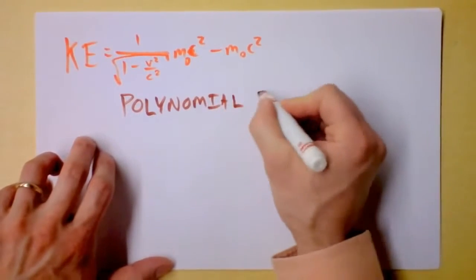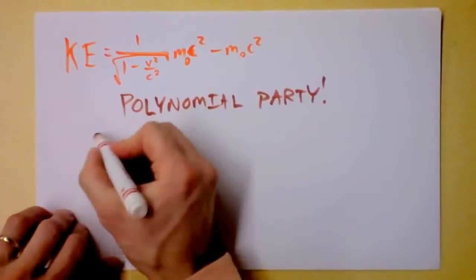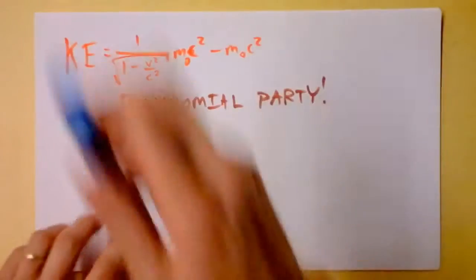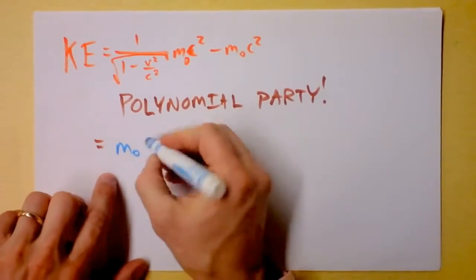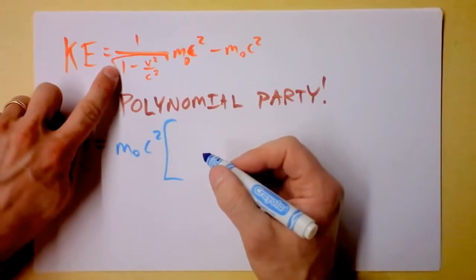And you're invited. Come with me on this polynomial party. Here, no, I'm sick of brown. Let's do blue. I'm gonna factor out an m naught times c squared, and I'm gonna expand this denominator right here by the